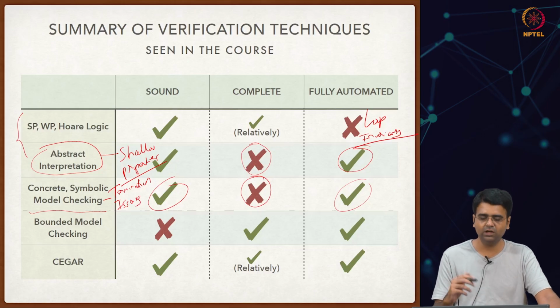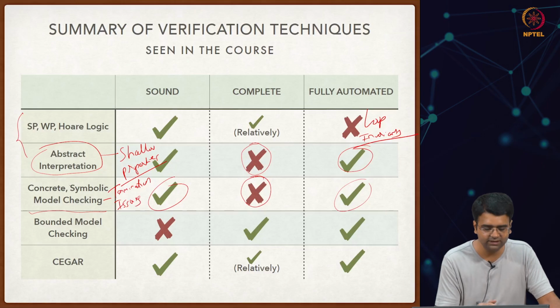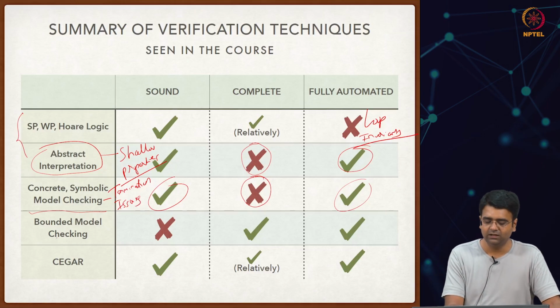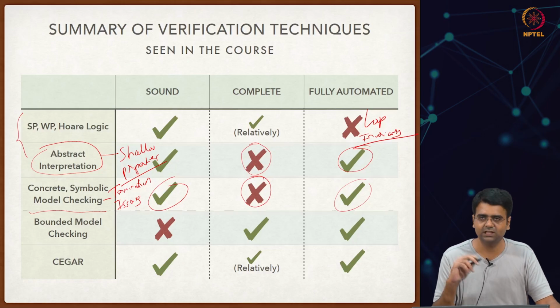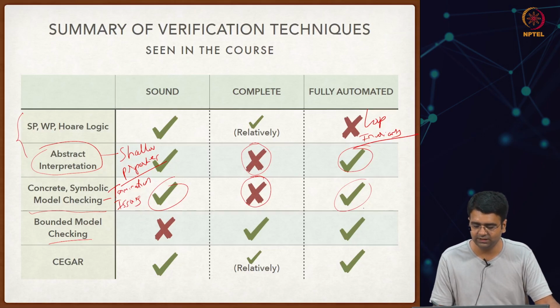So, even if you have a program that is correct, if you run concrete and symbolic model checking, these algorithms themselves may not terminate, because they do exhaustive state space exploration. Okay. Bounded model checking, on the other hand, is able to overcome this termination issue because it is guaranteed to terminate, and it is also complete and fully automated, meaning that if the program is correct, bounded model checking will say that the program is correct, but it is not sound at all, because it